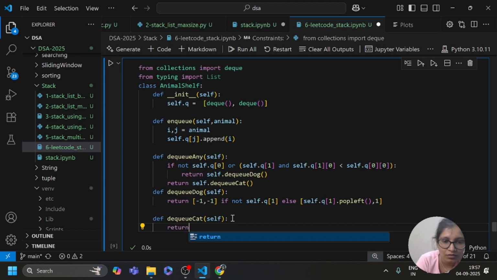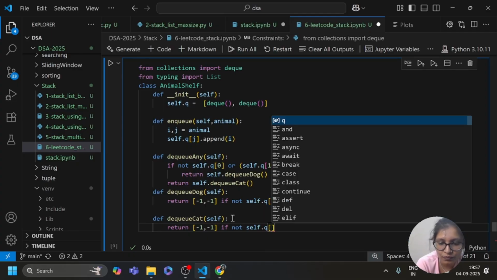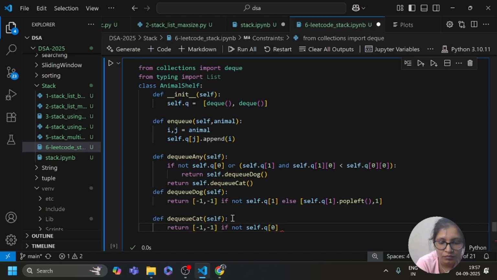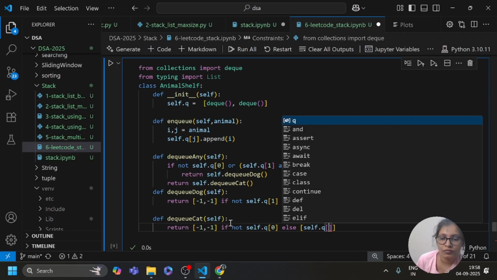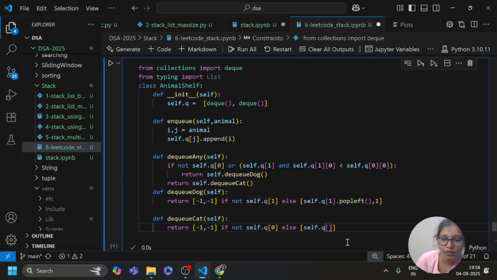So return -1, -1 if not self.q[0], else self.q[0].popleft(), comma 0.